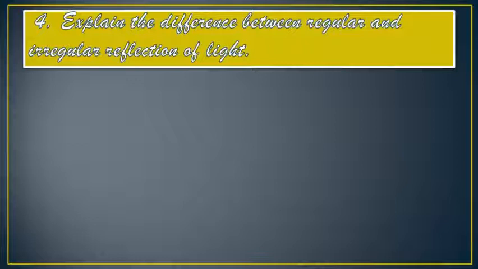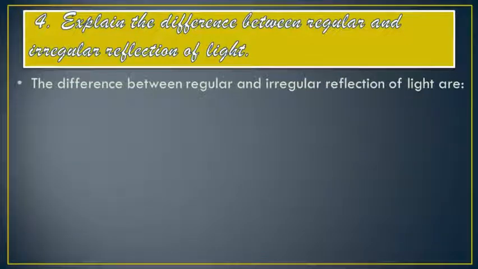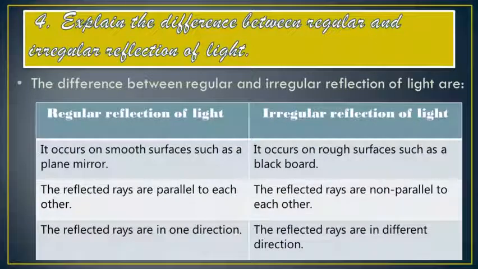Question number 4. Explain the difference between regular and irregular reflection of light. It means here we have to explain the difference between regular and irregular reflection of light. So let's see the answer. The differences between regular and irregular reflection of light are mentioned in tabular form. First we have regular reflection of light, and in regular reflection of light